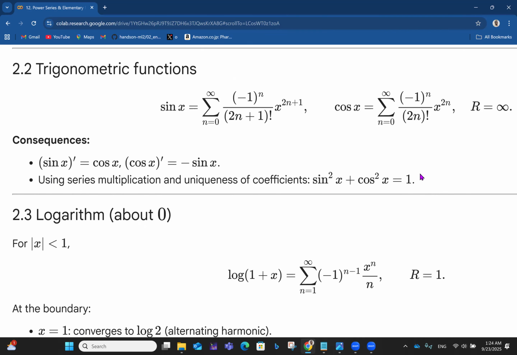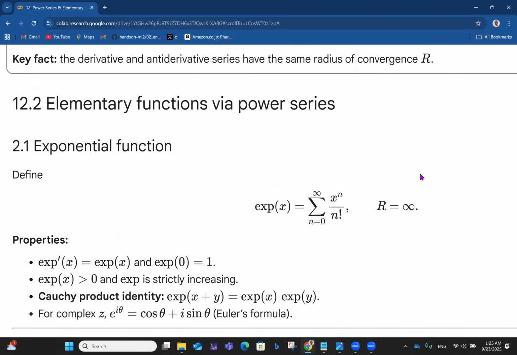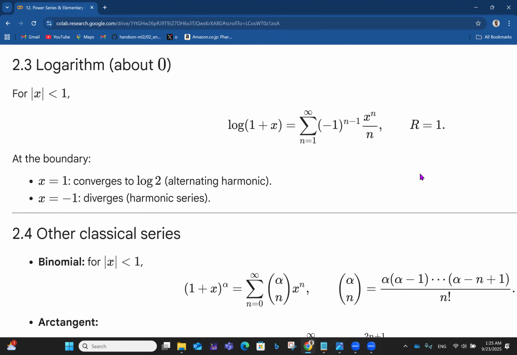And then we have other identities that arise from this idea, right? So far, talking about some elementary functions, we talked about exponential and trigonometric. Now let's talk about logarithm. So for x lying between -1 and 1, that is, for absolute value of x less than 1, the log of 1 plus x equals summation from n equals 1 to infinity of -1 raised to n minus 1, x raised to n over n,